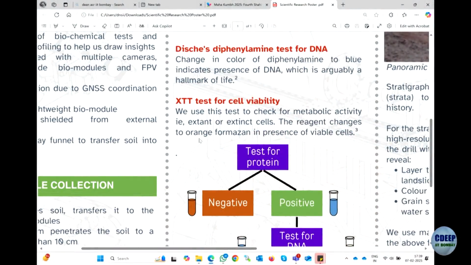This is a test which is normally done to find out the surface area of soils, which is known as the MB test, methylene blue dye test. So you take a soil sample and then soak it in MB dye, which is a violet color dye, and then you find out by using a photo fluorescence meter or something what is the intensity of the blue color which has got absorbed on the surface.